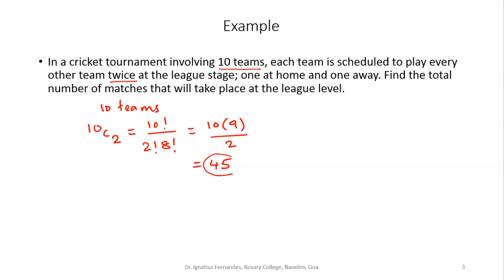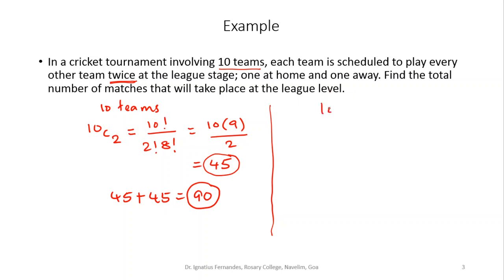So there are 45 ways I can select any two teams out of these 10, and that will be exactly the number of matches that will happen between the 10 teams when one team plays exactly once with every other opponent. But of course, since they are playing twice with each other, the total number of matches will be 45 plus 45, exactly twice, that is 90. So 90 is the number of matches that will take place in the league stage. Of course, we could have also solved it manually, without jumping to combinations, but since we were selecting teams here, we said we could use combinations.